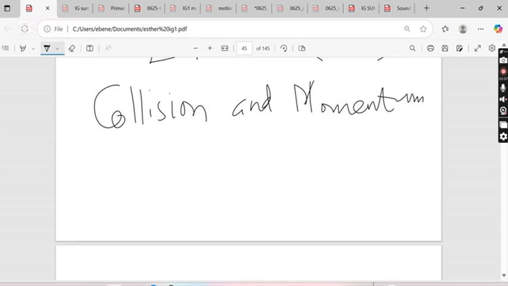I'm not sure one particle can collide with itself. It is not possible. But one particle can collide with another particle, which is possible. So if the two particles are moving and then they collide, before they collide, we should consider their momentum. After they collide, we should